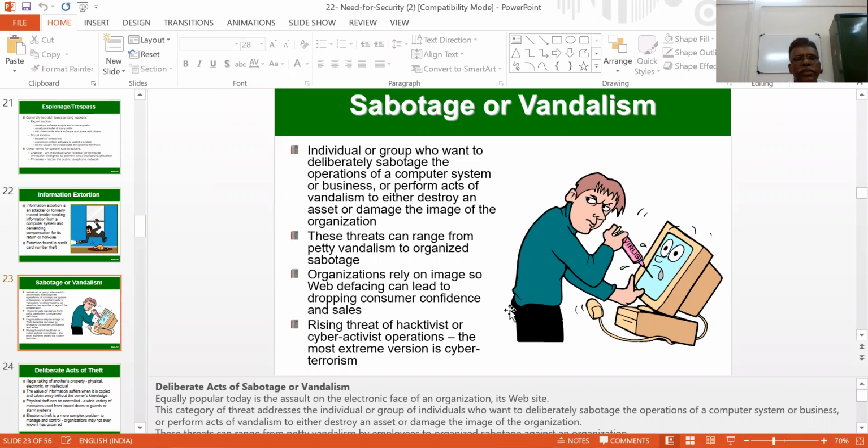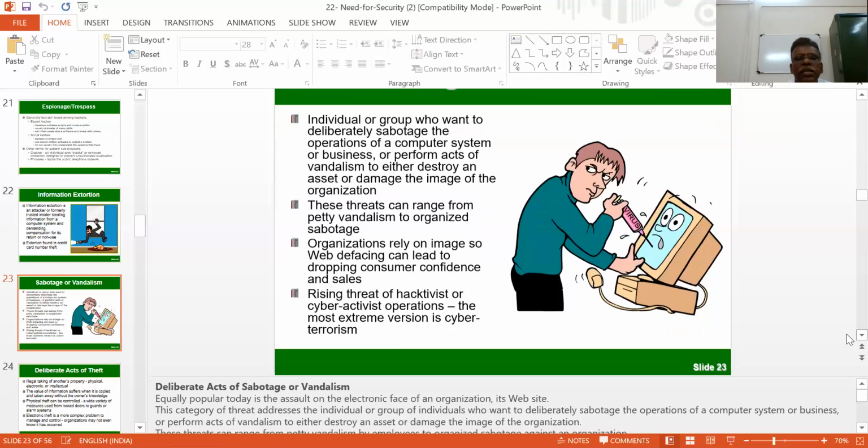Rising threat of hacker visits and cyber activity operations, the most extreme version being cyber terrorism. We can find a group of members who visit the organization as guests, and identify what level of possibilities are going to be threatening. Similarly, through the available software, cyber is basically zeros and ones. With respect to the study of security, you have open space flow operations which are performed regularly.